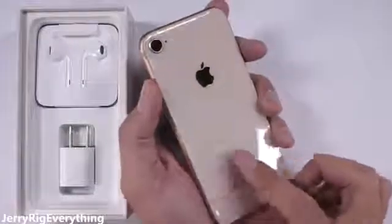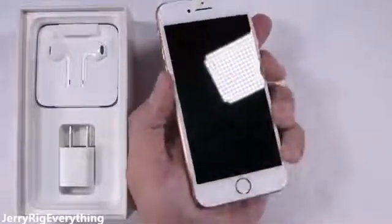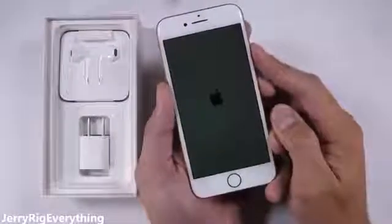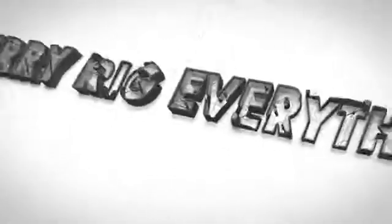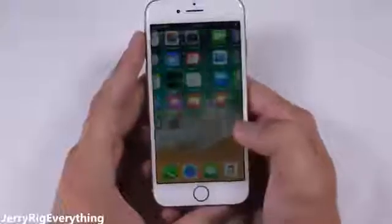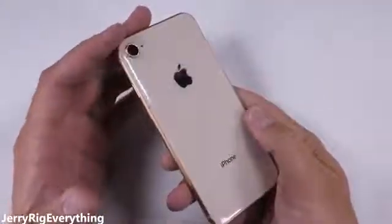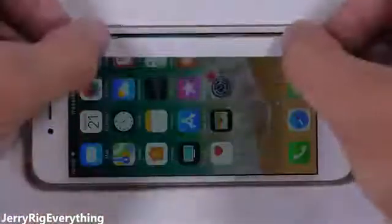Will this new glass iPhone have the same structural integrity that the metal iPhones had previously? There's literally only one way to find out. Let's get started. Apple claims that this is the most durable glass ever on a smartphone. Pretty bold claim. I've tested over 75 different phones now, and I think we should start with the scratch test